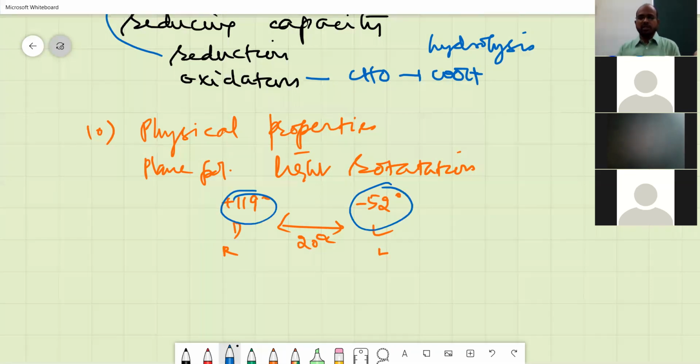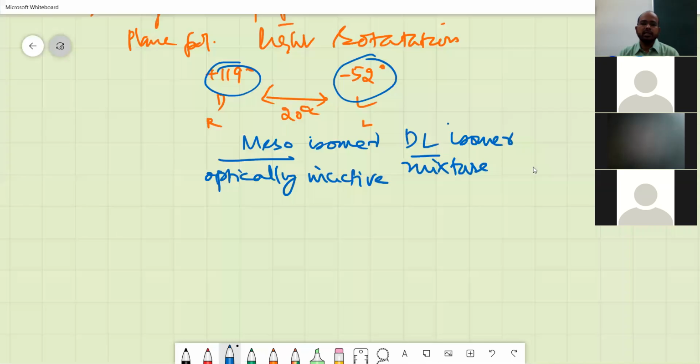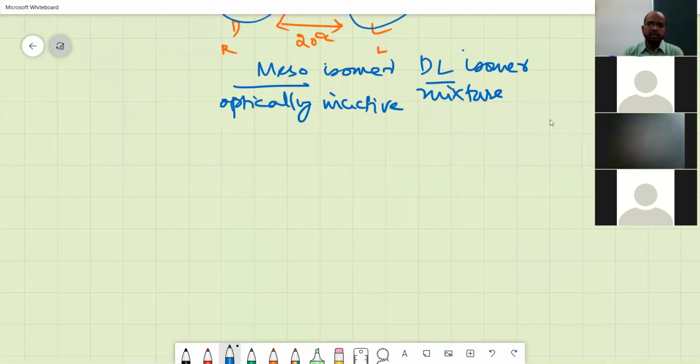You join these two isomers, heat them in a solution, they undergo isomerization, and then they become a meso isomer or DL isomer. DL isomer is just a mixture. Meso isomer is optically inactive because one part will be rotating in the right direction, the other part will be rotating in the left direction. So in the end, you will get the average. Okay, these are the two more points. I'll just tell you and then wind up, because these are all important things you'll see.